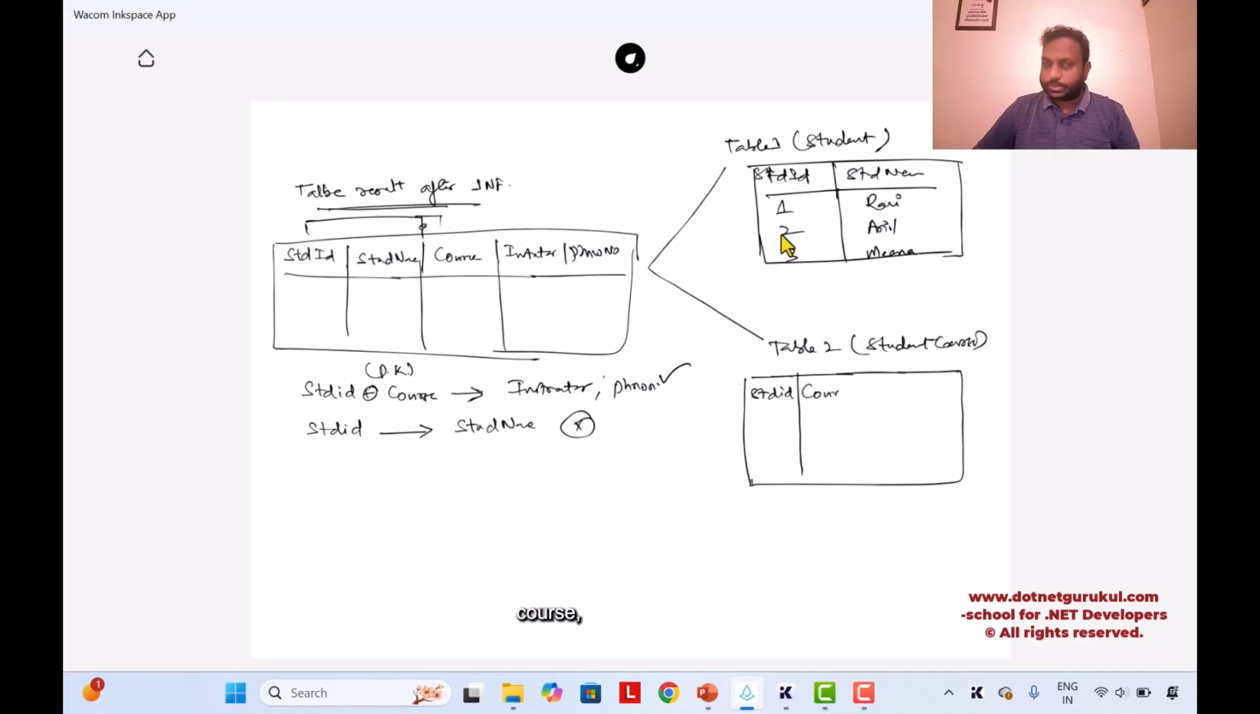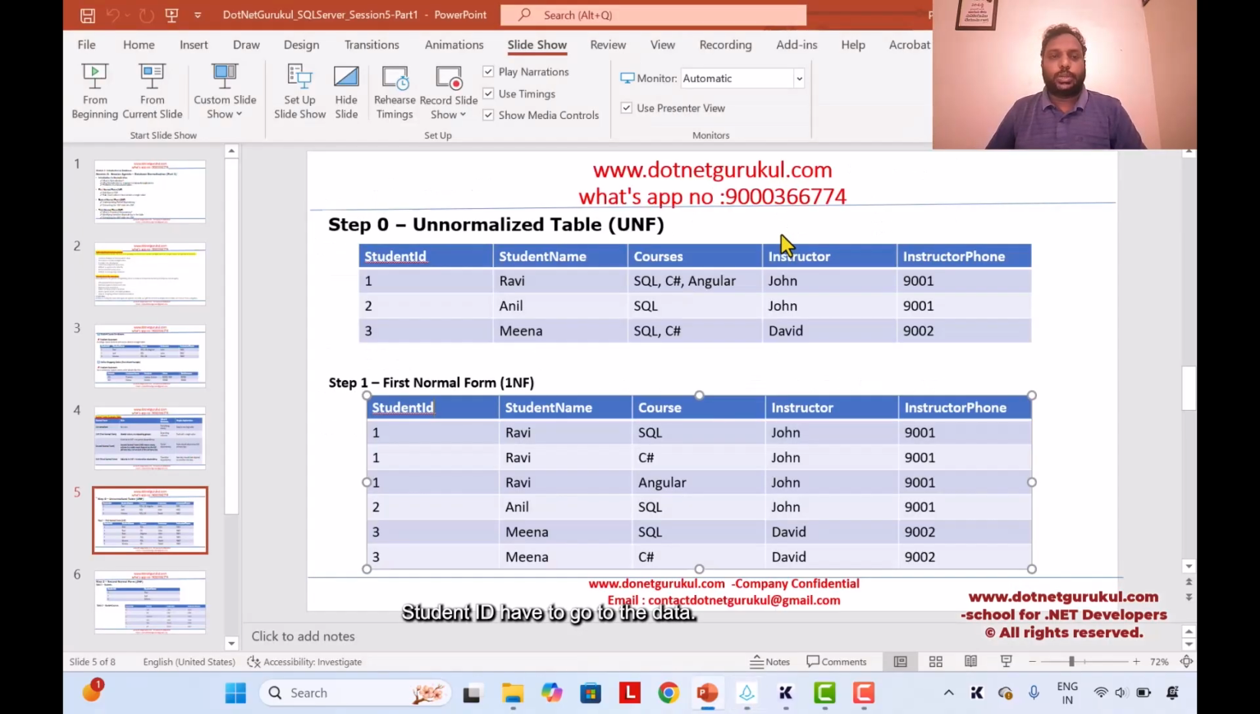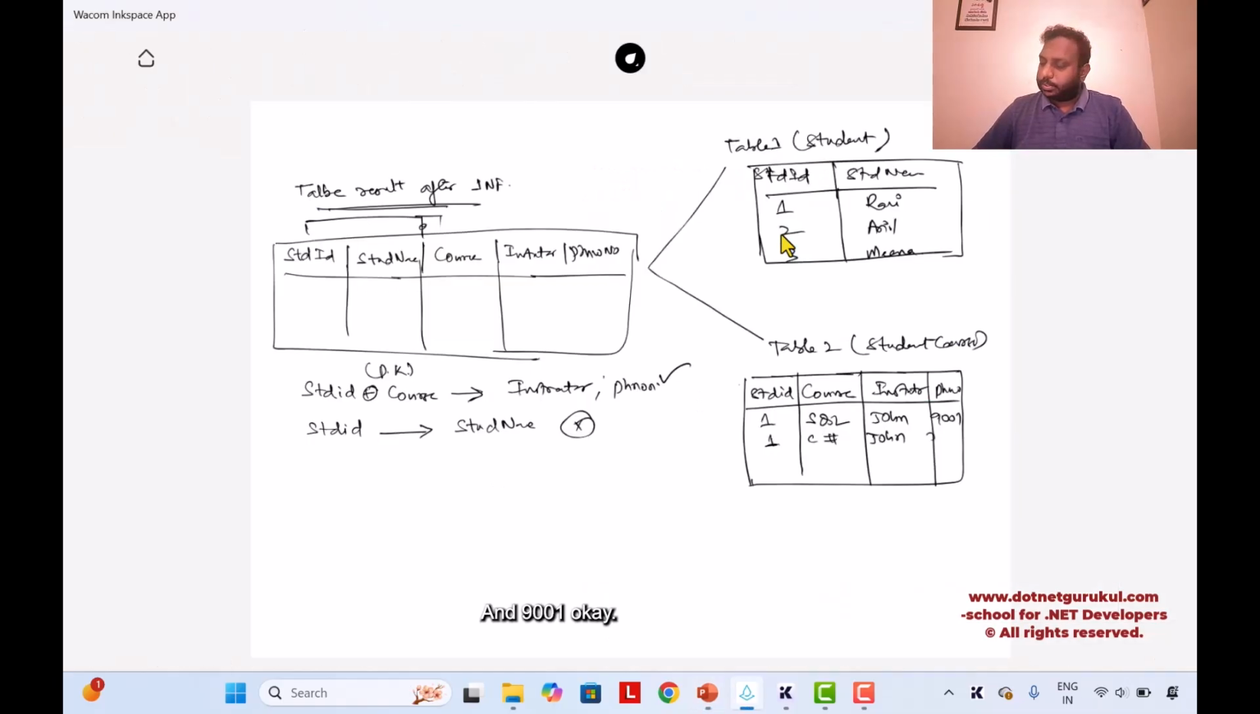Okay, course, instructor, and phone number. Okay, student ID, I have to go to the data here. Student ID 1, course SQL, instructor John, phone number 9001. Okay, so 1 again C sharp, John, and 9001. Okay, again, with respect to the 1, Angular,